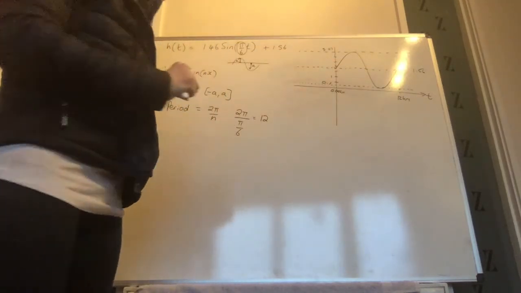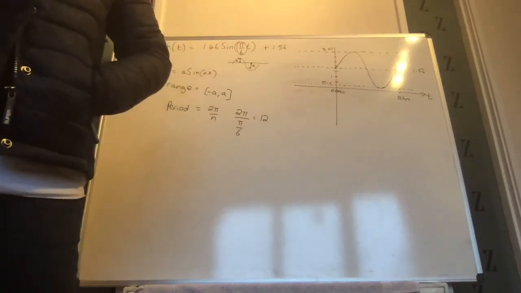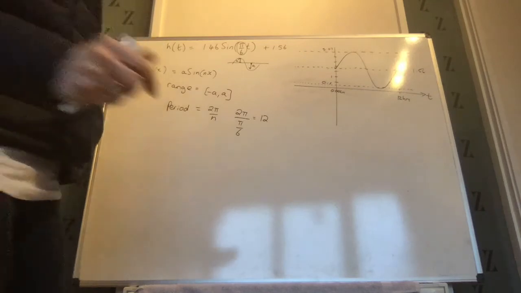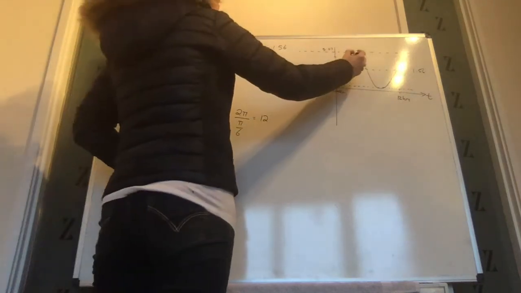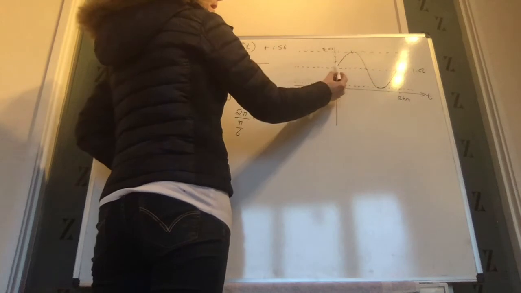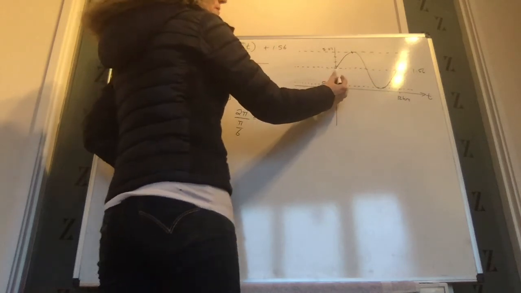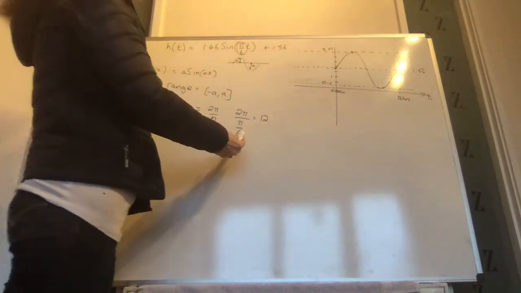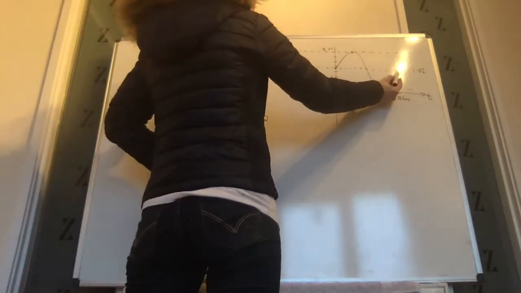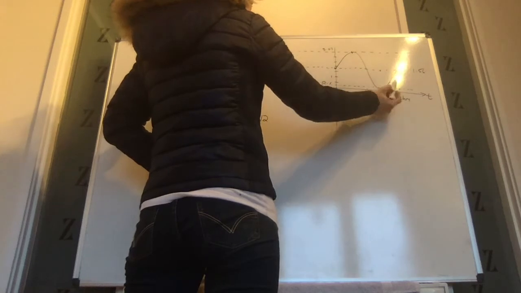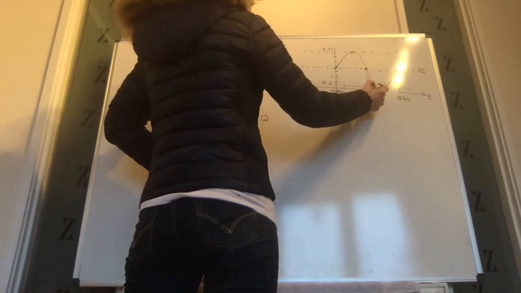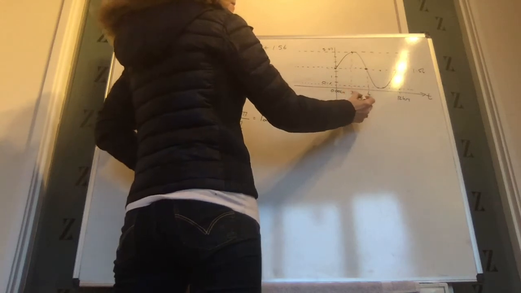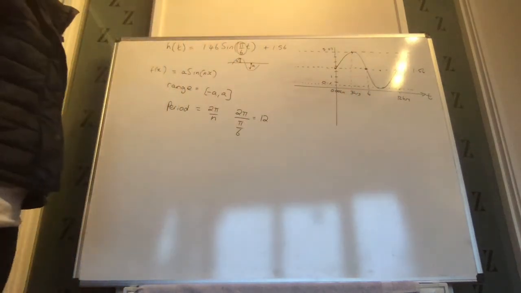Okay, so the questions. Find the time at which the first high tide occurs. So the first high tide is going to occur here. Our mean starts here, so our 0 point is kind of here. Well, if the period is 12 hours, which we've worked out from here, then halfway here is 6 hours, and this is halfway again, so this is at 3 hours. So at 3 o'clock in the morning will be when the high